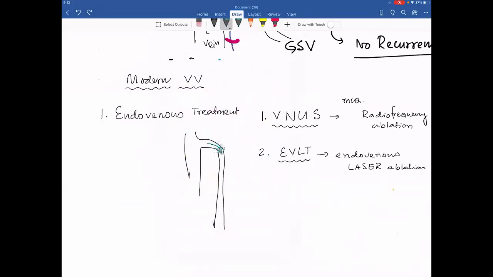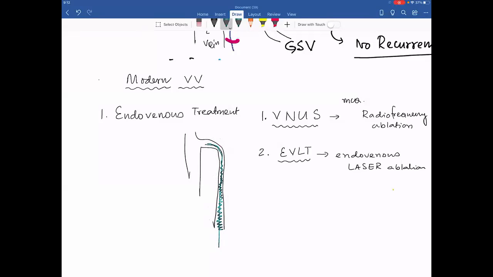And do you see what is happening when I am pulling the wire down backwards? What is the traction doing to the rest of the vein? Not traction, sir. What is it doing? What are the sparkle things doing? They are burning the vein. They are ablating the vein. That means this procedure will require 0 blood loss. 1 ml blood bhi nahi loss hoga, and this comes as an MCQ.